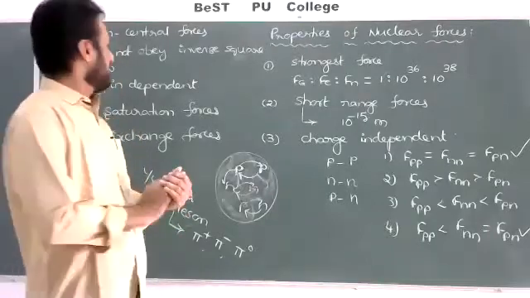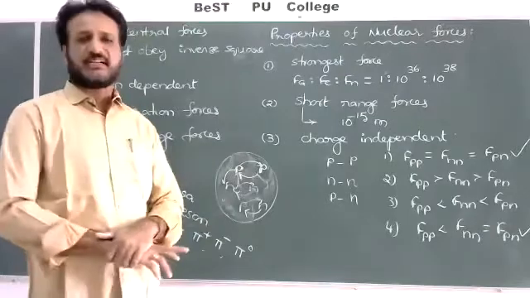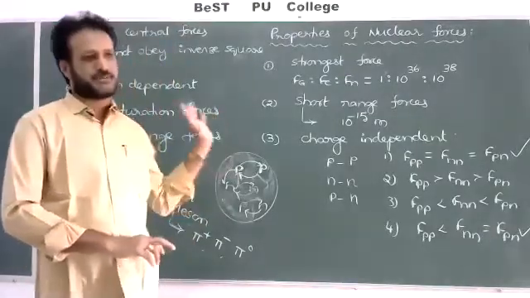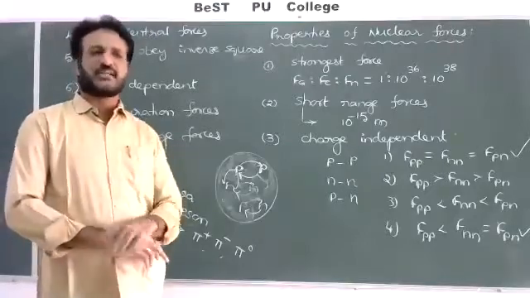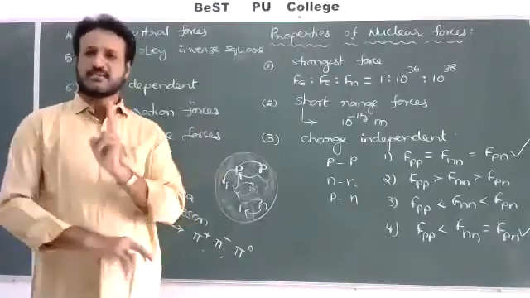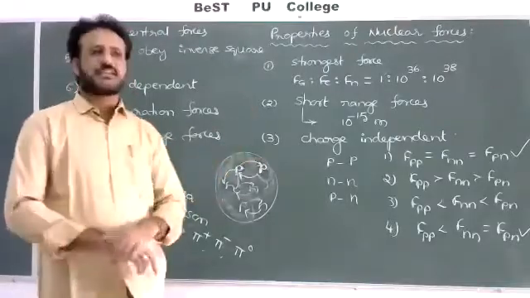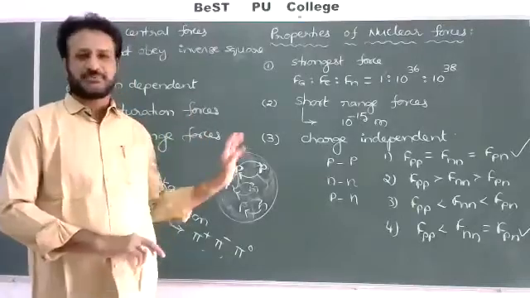So these are all the properties of the nuclear forces. Eight properties were given, but for a 5-mark question, remember or write five important points. If 3 marks are asked, there is no need for any explanation, only write 3 points. If 2 marks are asked, write any 2 properties of the nuclear forces, simple: they are short range forces, they are strongest forces. Enough. This type you should write.